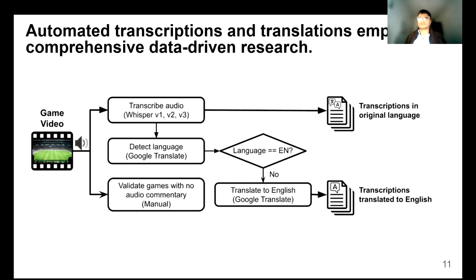So this figure shows our multimodal pipeline for generating the SoccerNet-Echoes dataset. Commentaries are first transcribed using Whisper and then translated into English. Then we also try to validate games with audio or not. So we try to see if audios are really there and if it is giving good alignment of mapping commentary segments to video events. For example, like